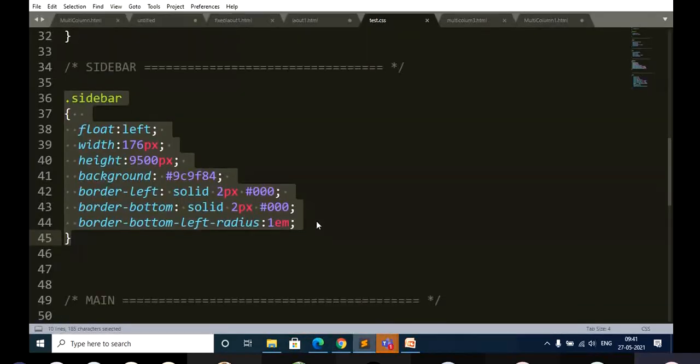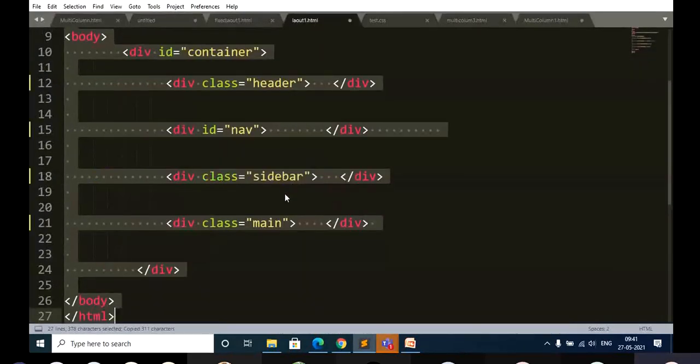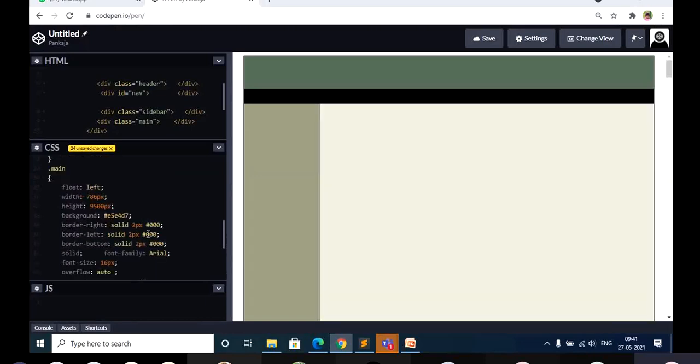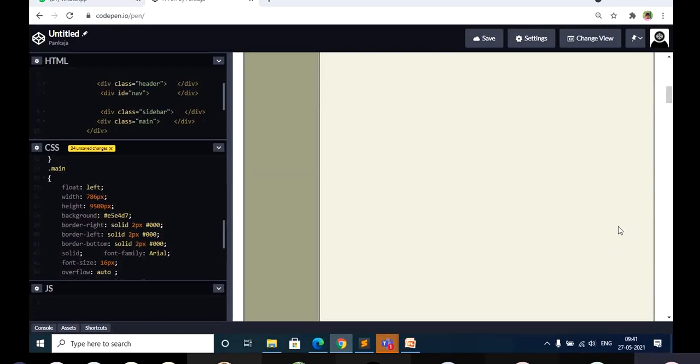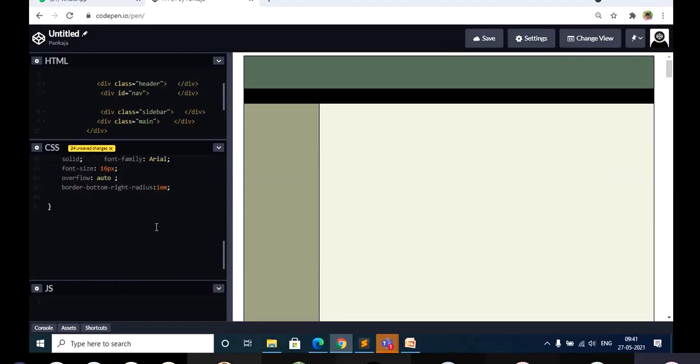Next, this is for the main content. For this tag I am applying the style main content. I'm just giving some name, so don't worry about why I have given main there. I'm applying this as the main content, and you can observe some of the changes here. Color, height, width, everything is given. These are all the things we have already discussed.